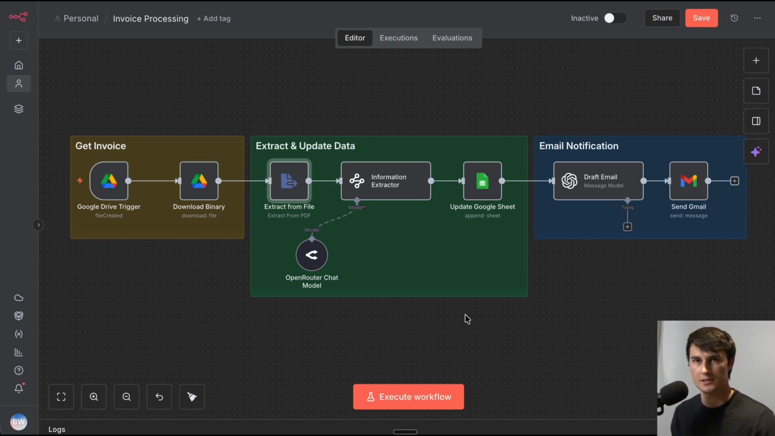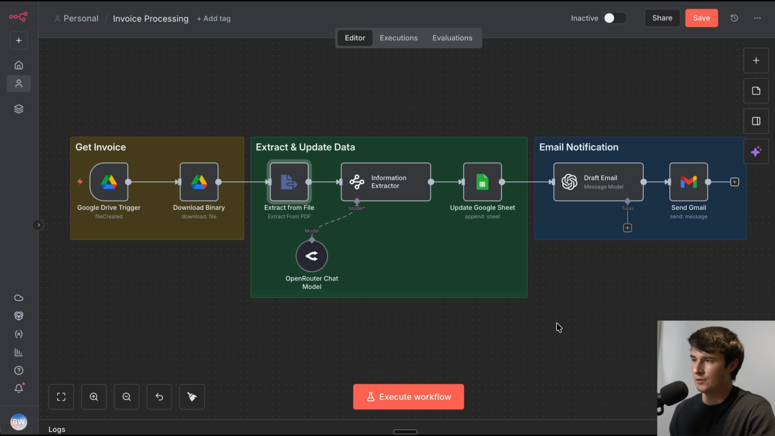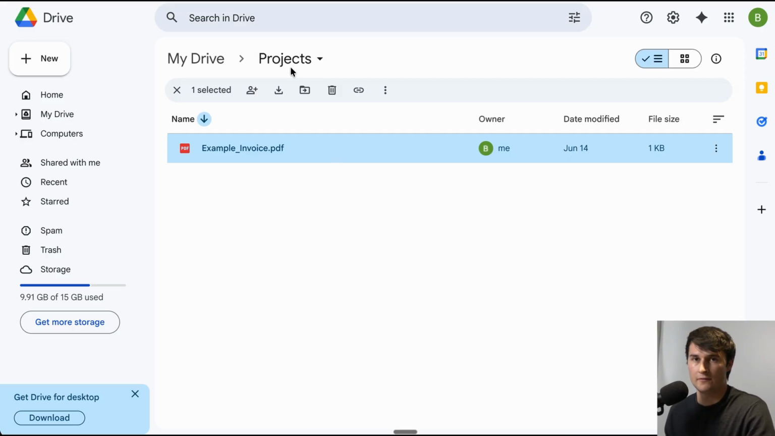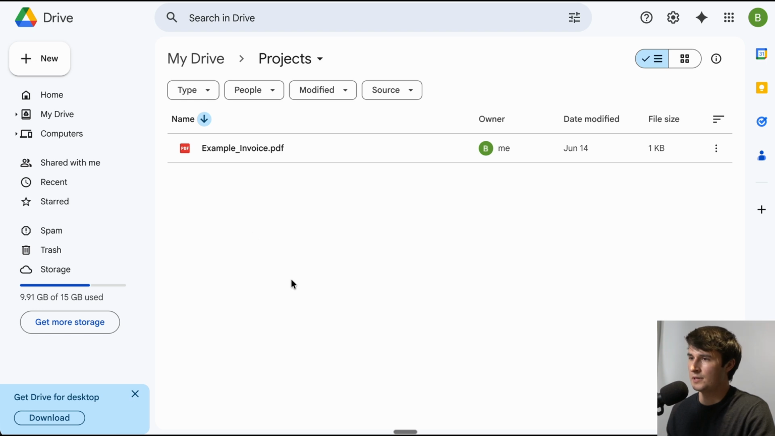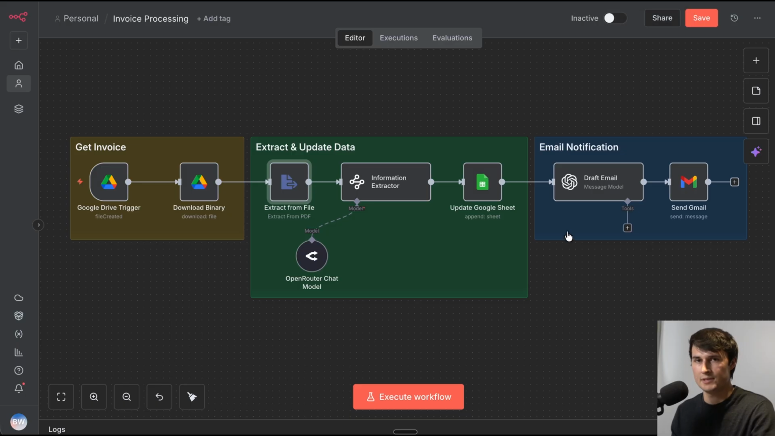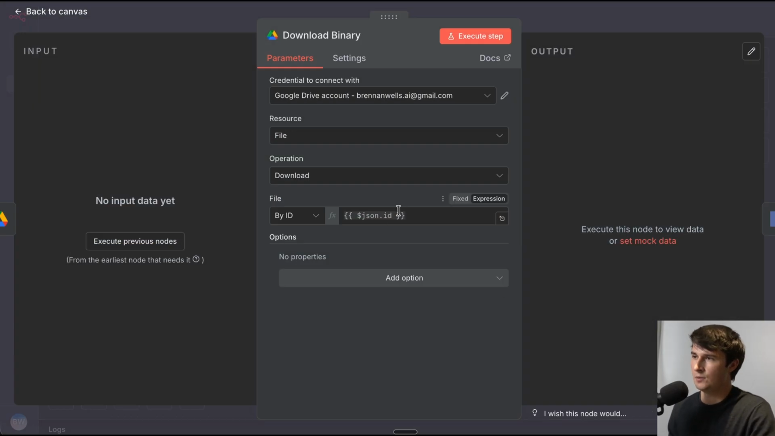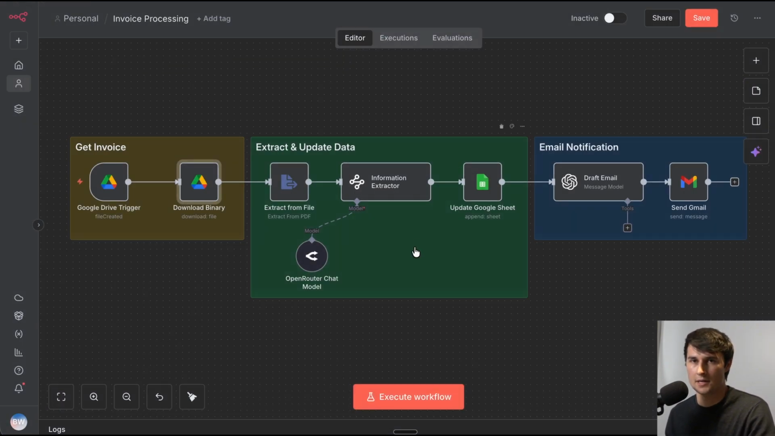This is a very simple AI automation workflow that we're going to be building together in this video. So this automation is triggered off of a Google Drive file created trigger, in which every time a file is created within this folder right here, so we have a folder called projects, every time a file is created in this folder, this automation will download that file as a binary document and then move on to extracting the data